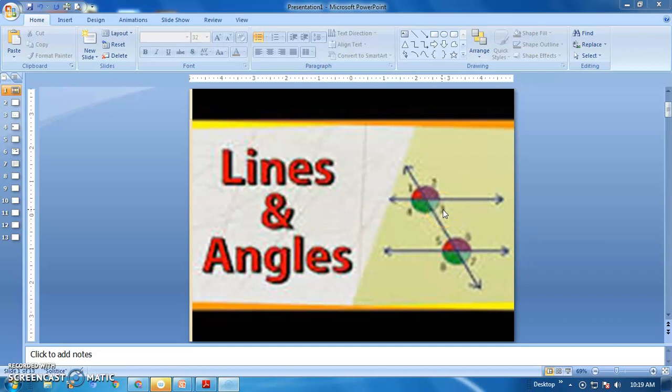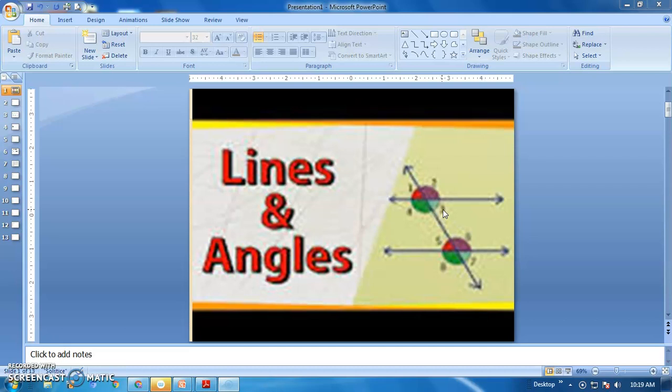I hope every one of you understood what all we have seen so far in the last class under lines and angles. And the concept of the different types of angles is very important here. In the last class and the previous ones, in all the classes we are seeing different kinds of angles and their properties. And today also we are going to continue the same lesson, lines and angles, and we are going to see how to solve different kinds of questions using those angle properties.